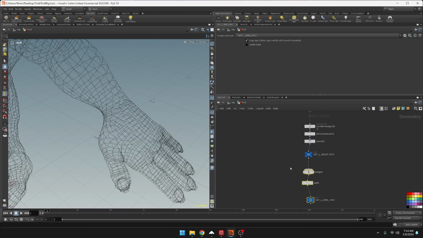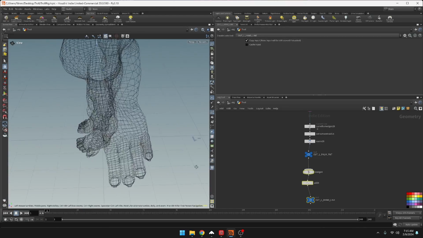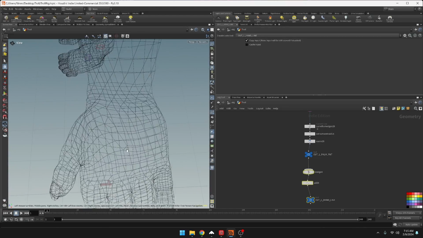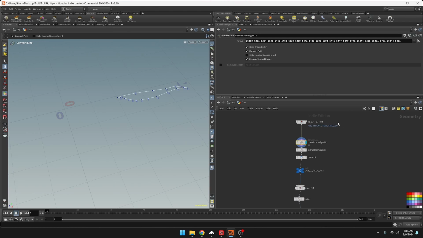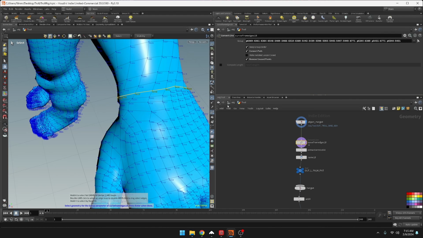So let's do, this is going to be our hand. Okay, and this is going to be our palm, and basically for the palm it's going to be a connection point for all of the fingers. And let's go to this one right here, let's do that and go here, we'll turn off the points and the point numbers,